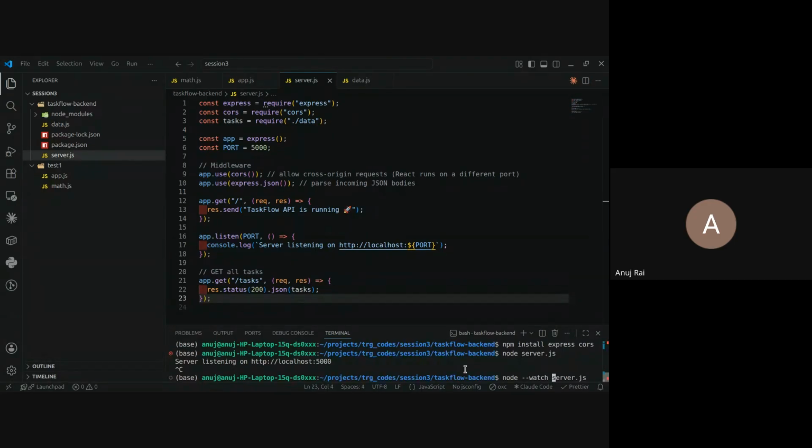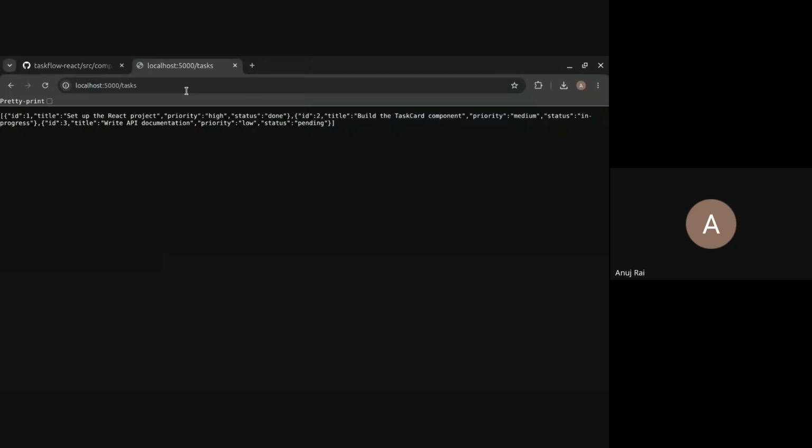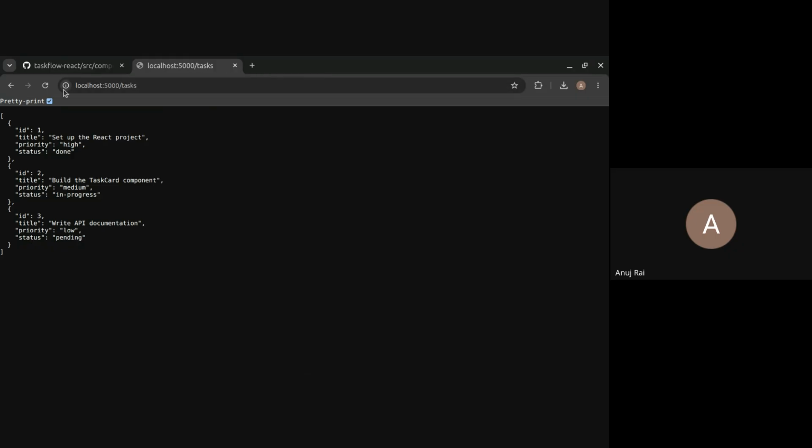If you add the --watch flag and then specify the file, then it will watch for the changes. So now you don't need to restart the server again and again after you make changes to your code. So here you can see that when I'm requesting the tasks, I'm able to get the list of all the